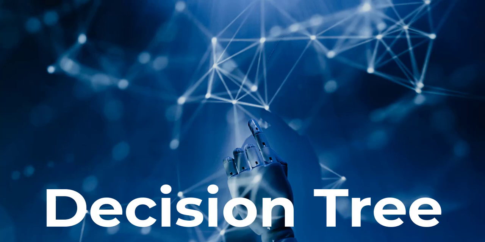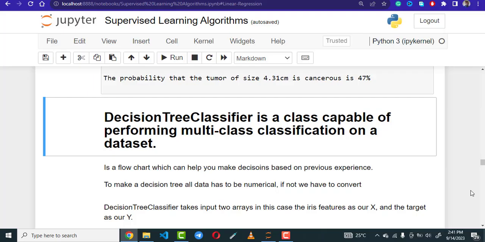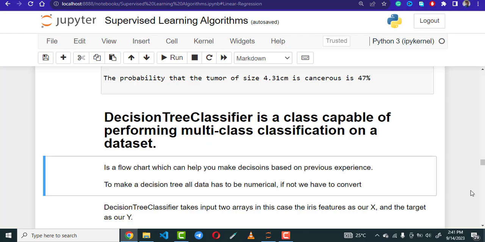In this video, we shall be looking into decision tree classifiers. So in supervised learning algorithms, we have a decision tree classifier, which is a class capable of performing multiclass classification on a dataset. It is nothing but a flowchart which can help you make decisions based on a previous experience. And to make a decision tree, all data has to be numerical. And if not, you have to convert that data to make sure that all the data available is numerical